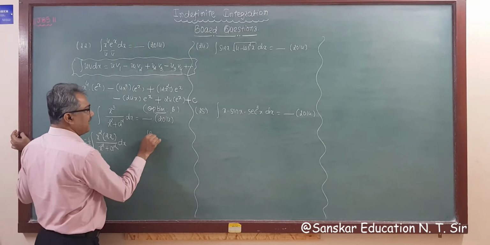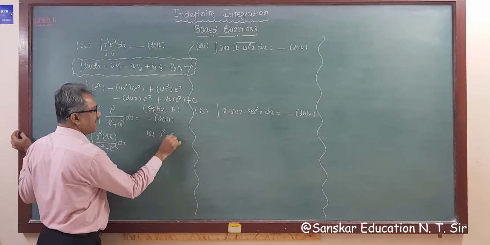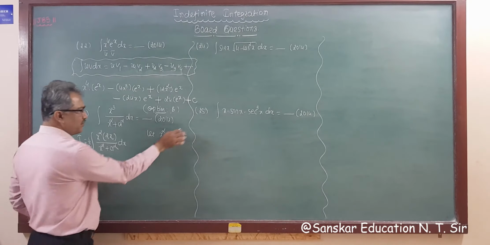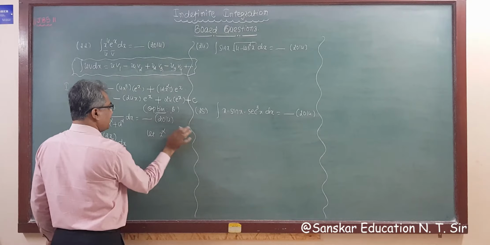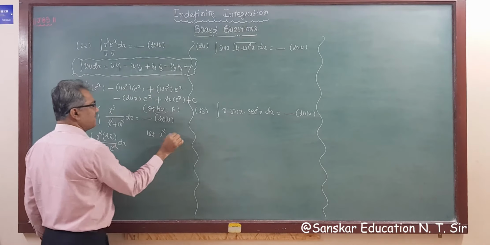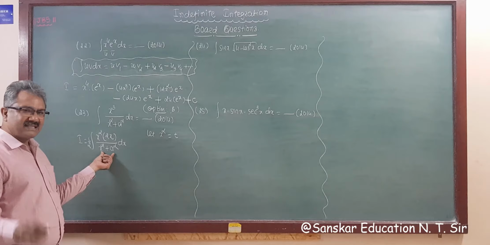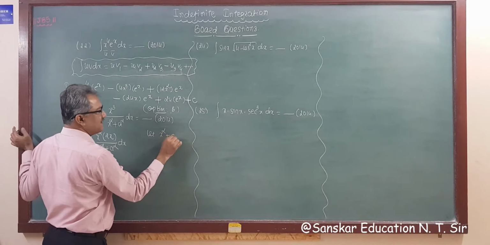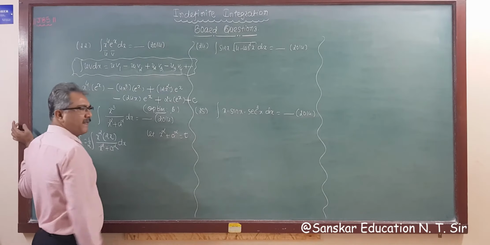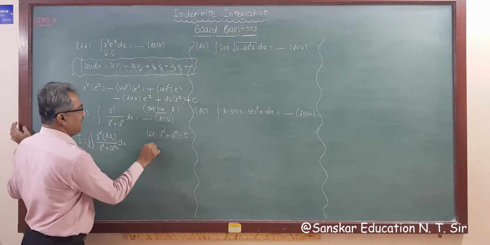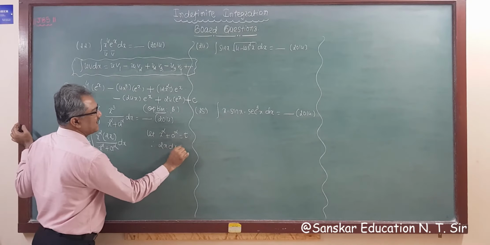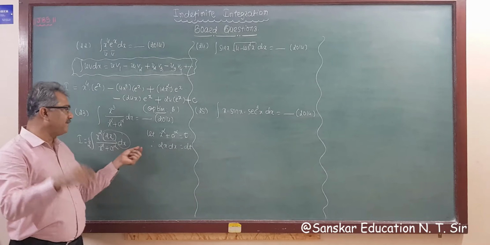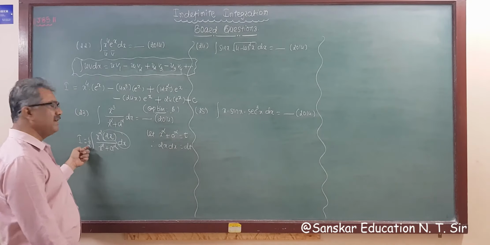Now assume x square plus a square is equal to t. Either x square is equal to t, that's also okay, because the derivative of a square is 0, so no need to write it. So x square plus a square is equal to t. Now the derivative of this is twice x dx is dt. So this twice x dx is dt. And if you forget to divide by 2, then you will get dt by 2.